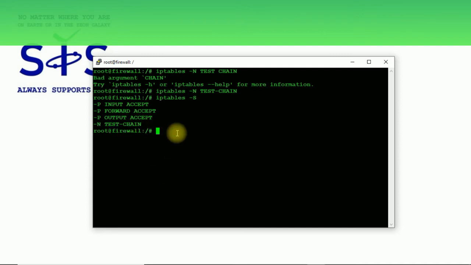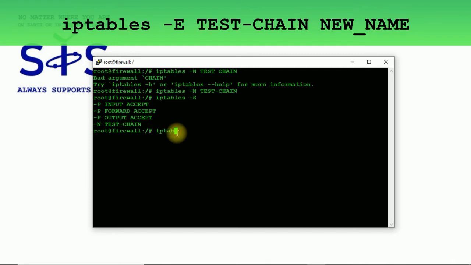And what if we want to change the name of this chain? We can do it typing iptables dash capital E. Next, we must type our chain name you want to change, and the new name that we will give to our chain.